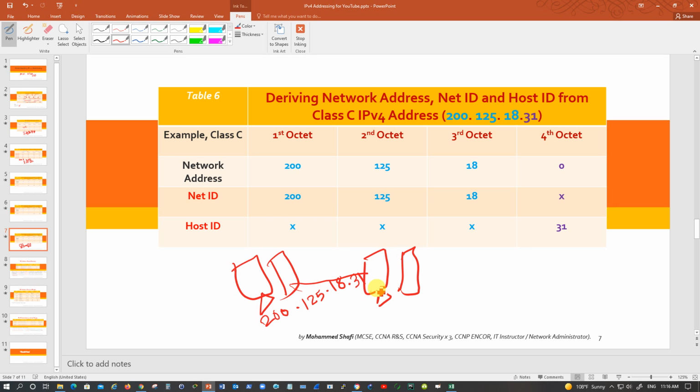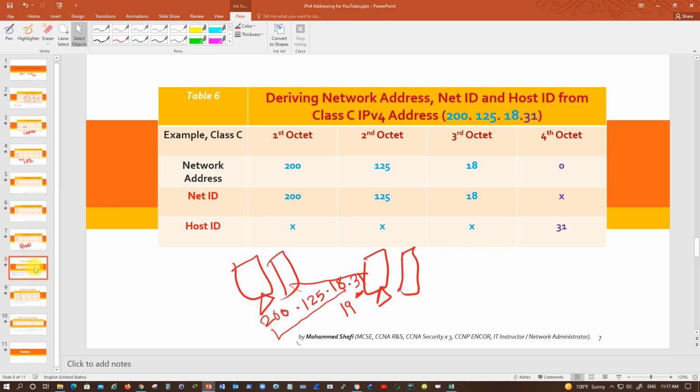And how many numbers can I have? What is the beginning and end of the range? I will show you in my Excel worksheet. But just remember, in the 4th octet, two computers cannot have the same IP address. They can have the same net ID, but the host ID should be different on each computer participating in a network. If I make a minor change here and type 19 instead of 18, then this machine will not be able to reach this one without the help of a router. A router is a device which connects multiple different networks. So this is how you have to remember this.